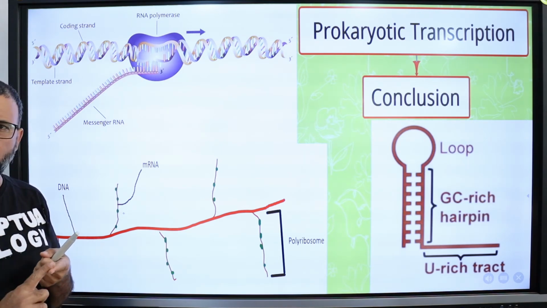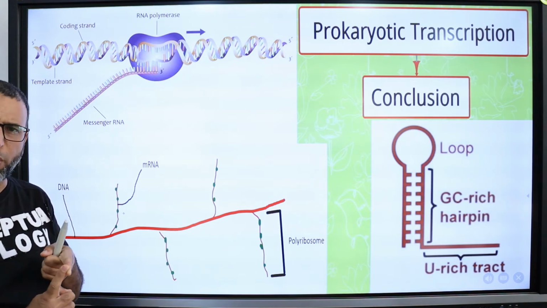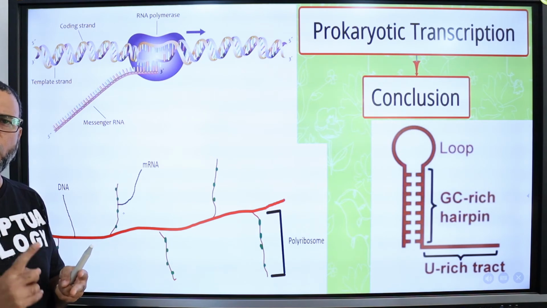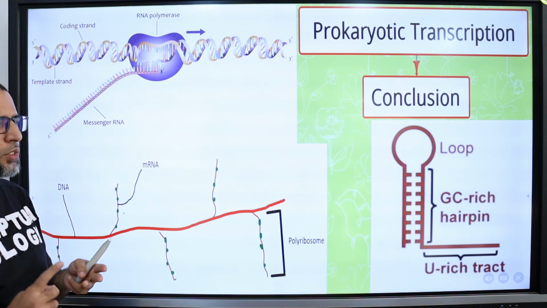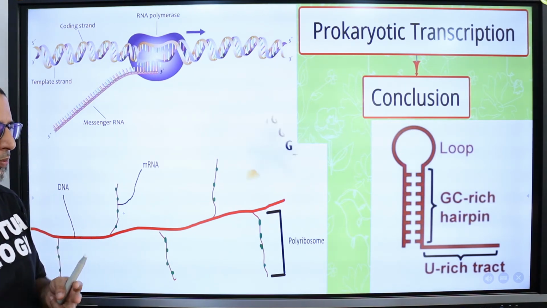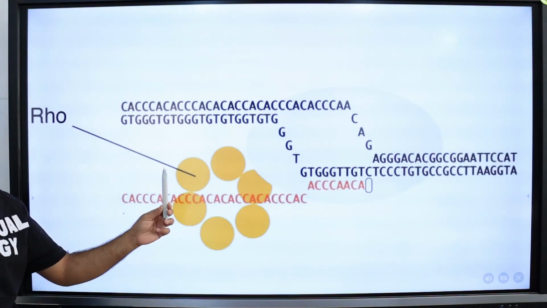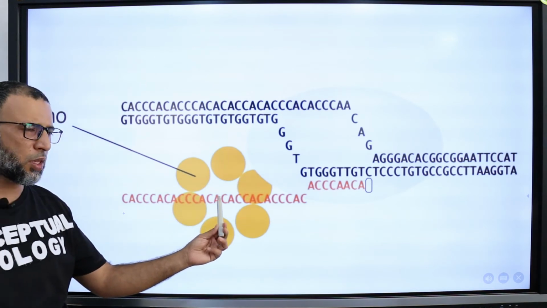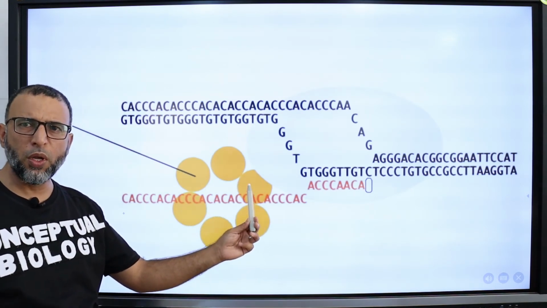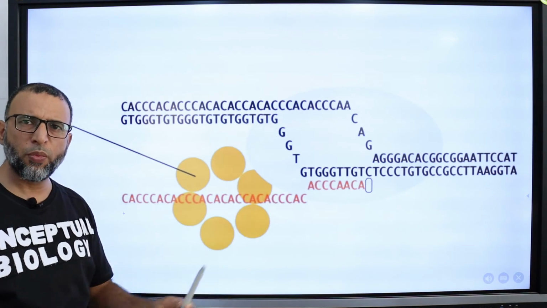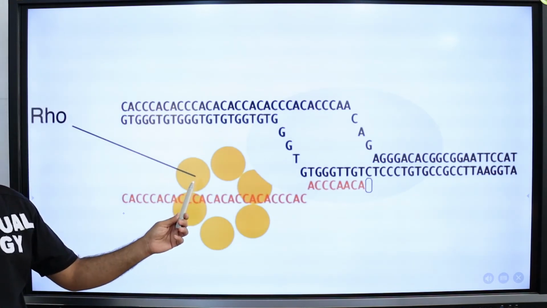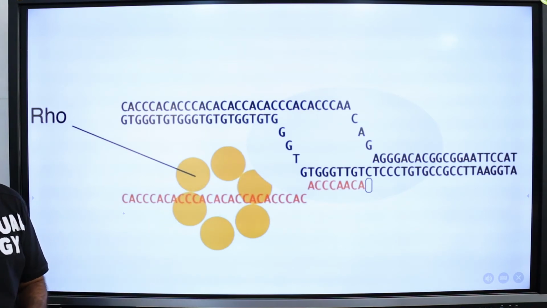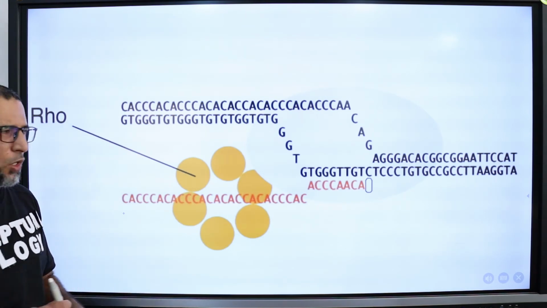One is protein based, that is known as rho dependent termination, and the second is RNA based, which is called rho independent termination. It is also known as intrinsic termination. In the rho dependent process, the rho protein locates and binds the signal sequence in the messenger RNA molecule and signals for cleavage. Intrinsic termination does not require a special protein signal for termination, and it is controlled by specific sequences in